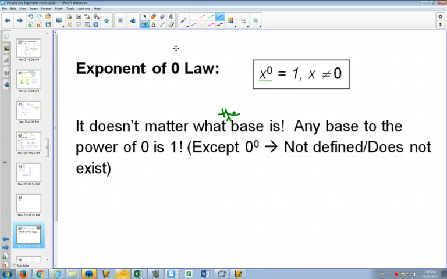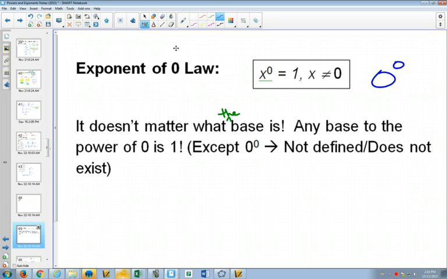Anything to the power 0 is 1, except for this one, which doesn't make sense. 0 to the 0 isn't 1. It's not 0. It's not defined. You try to type it in your calculator, you'll get an error. It doesn't exist. 0 to the power 0 does not exist. Because